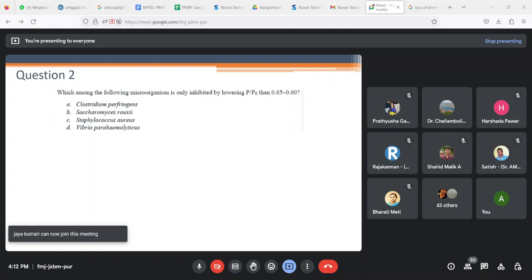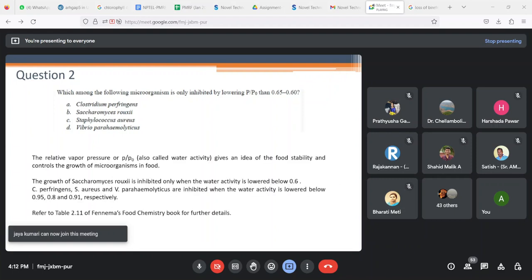P is the partial pressure of water above the sample. So if you have a certain food product, you keep it inside a chamber and let it equilibrate with the chamber. So P is the partial pressure of water above the sample, and P naught is the vapor pressure of pure water. That's the reason why we estimate P by P naught for each and every food product that we are producing. So P by P naught, also known as the relative vapor pressure, can also be termed as